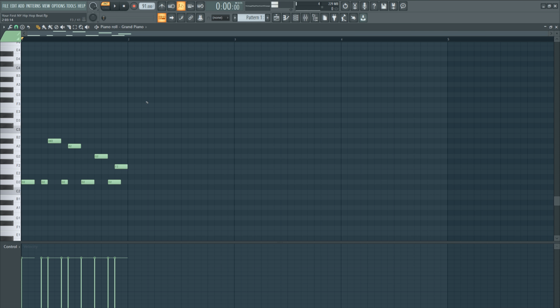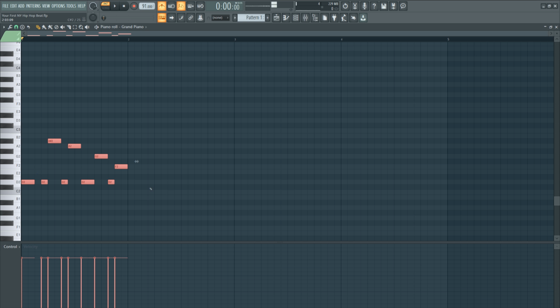So all we got to do now is just get the right timing. If you're struggling with timing, turn on your metronome. Okay, so our ear wants to hear something different about every 4 bars. It doesn't always mean that your melody has to change every 4 bars, but in this case, I do want the melody to change.